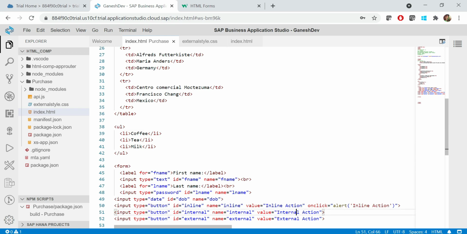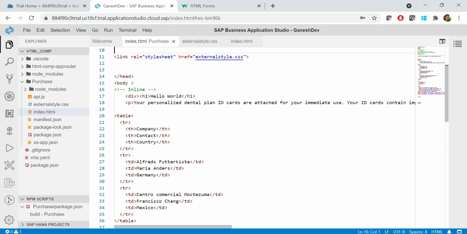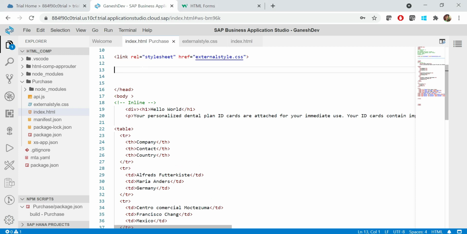So internal means it needs to be coming between the head tag, open and close head tag. So here you have to create an on click action. So here I'm going to use a tag called script. Okay, script type as text or JavaScript. Okay,